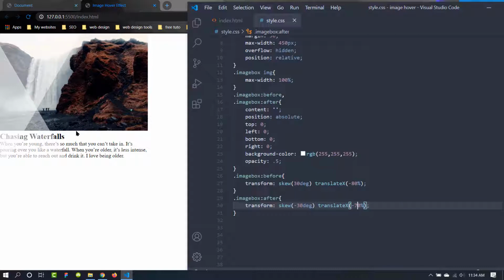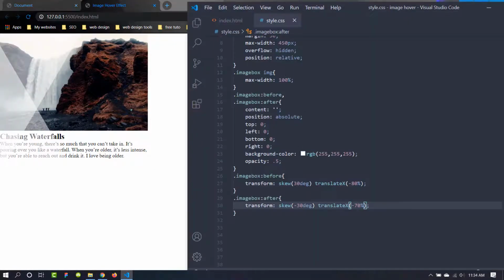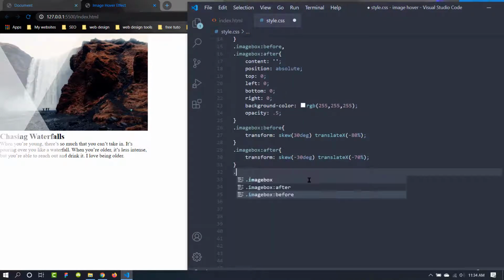So we have done two of the elements, pseudo elements, and we need to do the rest too, and we are going to use the figure caption for that. So let's target the figure caption. It's inside the image box and figure caption, before and after.